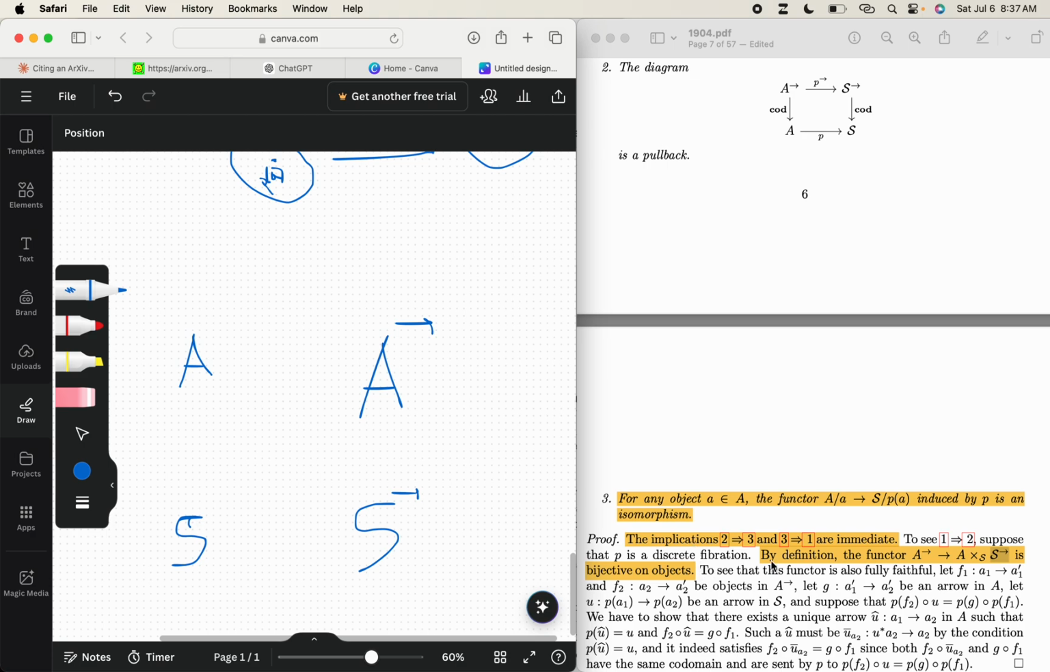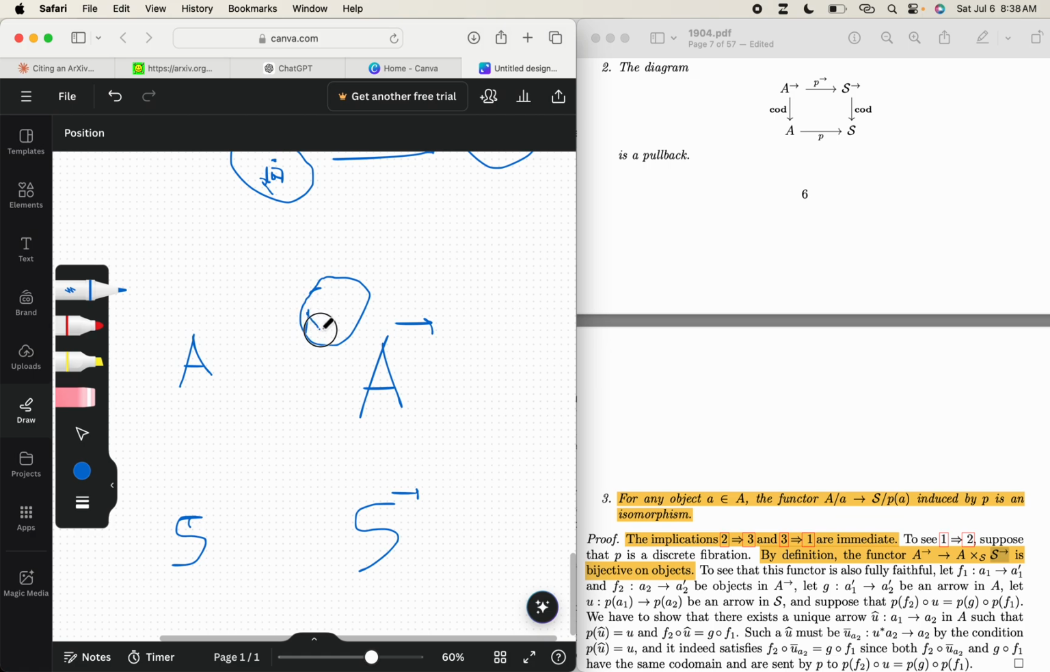Yeah, I'm not sure if they're saying by definition of discrete fibration or by definition of an arrow category and a pullback. One second. The functor is bijective on objects. So we have a functor from the arrow category of A to their pullback, which is... okay, yeah. So there's some illusory pullback here, which is